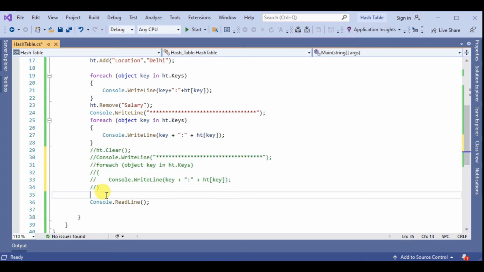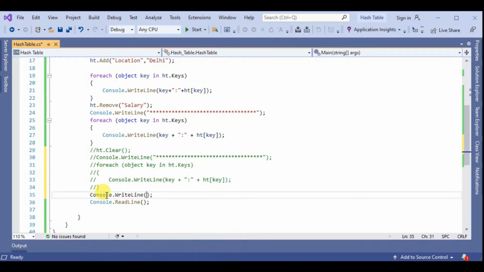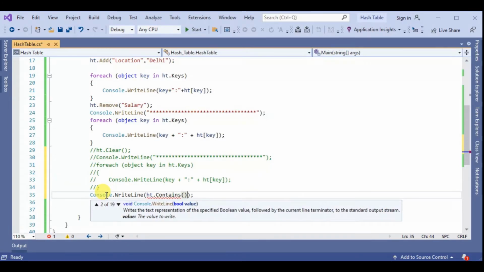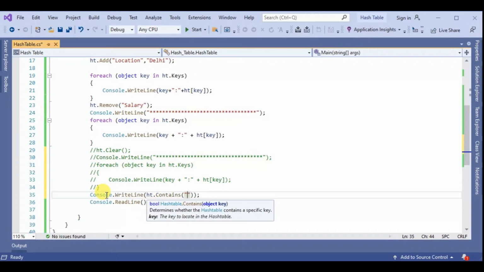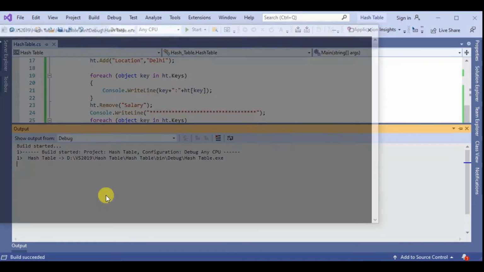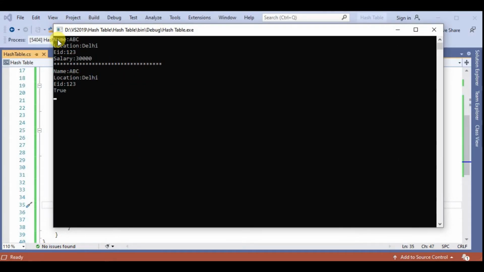Comment this code, and ht dot contains, and here we give the name and employee id. Save and run. So the output is first output, second output, and here you can see true.